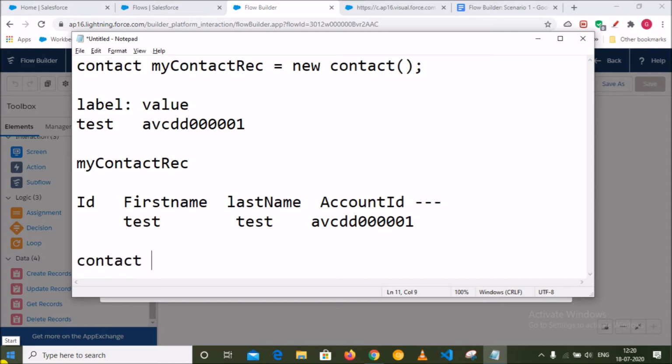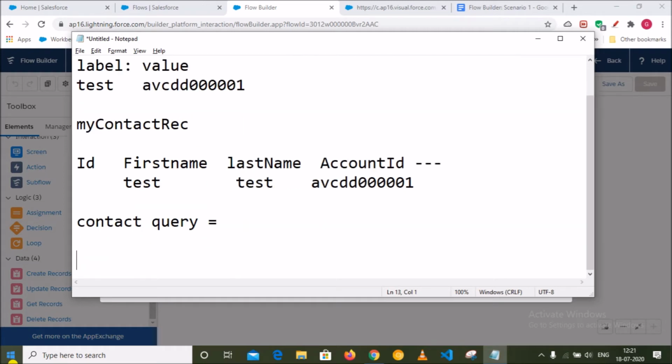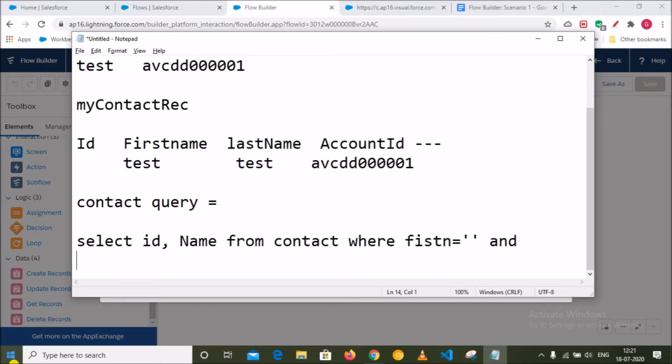I will make a query. What query will I give? Say SELECT Id, Name FROM Contact WHERE FirstName is equal to whatever the user provides as input, and LastName is equal to the input provided by the user.